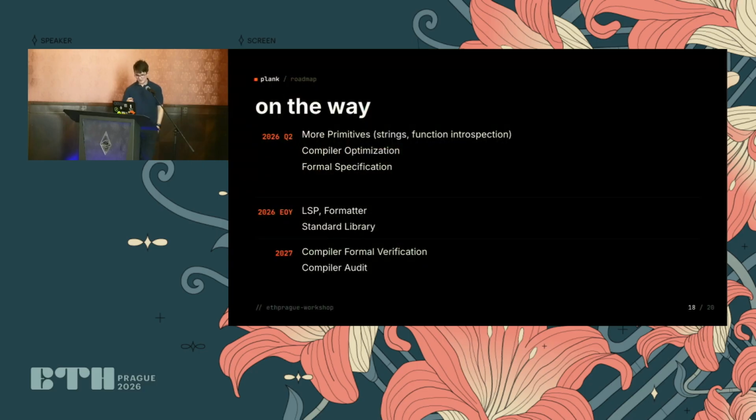So we obviously want to make things less annoying by adding more primitives that other languages have out of the box, be more batteries included. Compiler optimizations, because right now we mainly are getting the language to work, but the bytecode size and gas are still not quite there. And we want to start with our hardening and formal verification efforts to pave the way to make this actually usable in production.